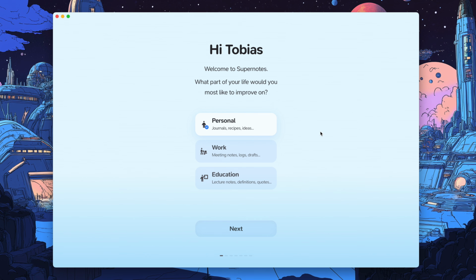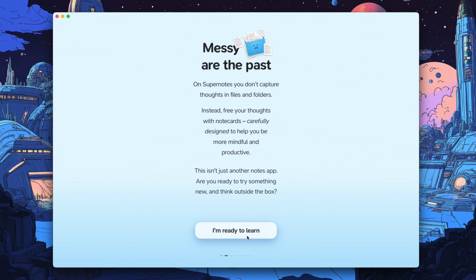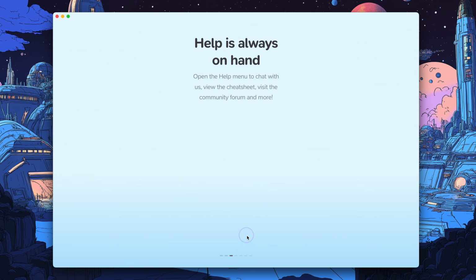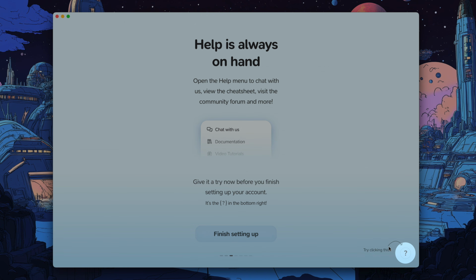Today, I'm going to choose personal. Your messy files and folders are in the past. With Supernotes, we use note cards. This makes your information so much easier to piece together, organize, and also share with your friends if you want to. You can find the help menu in the bottom right hand corner, so try clicking it now, where you